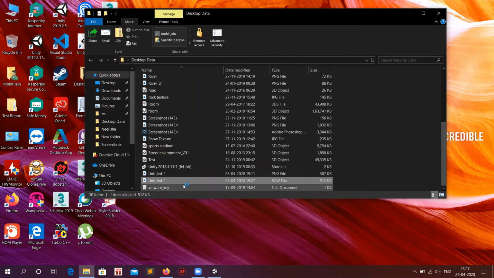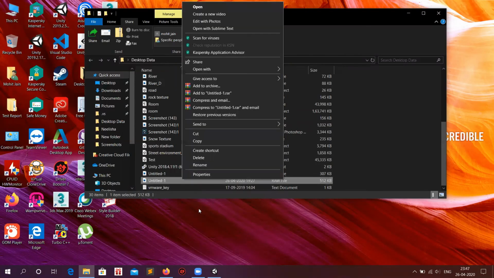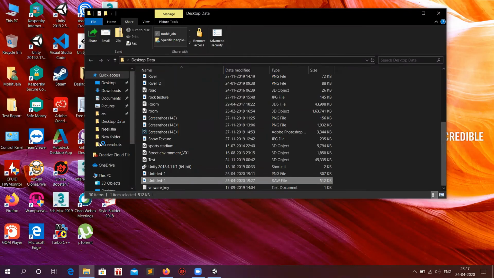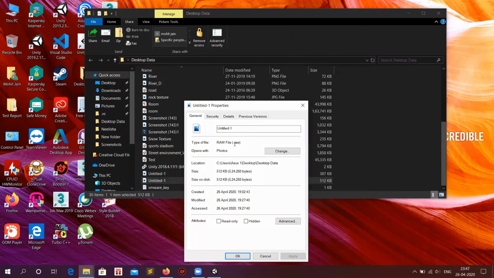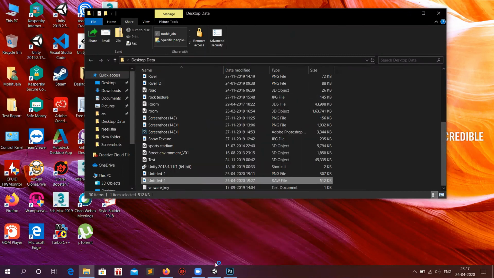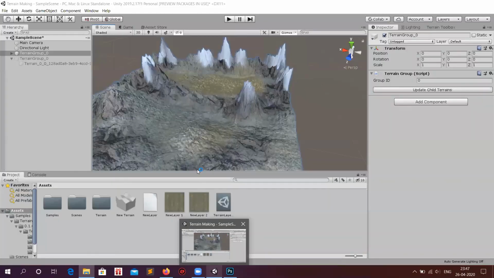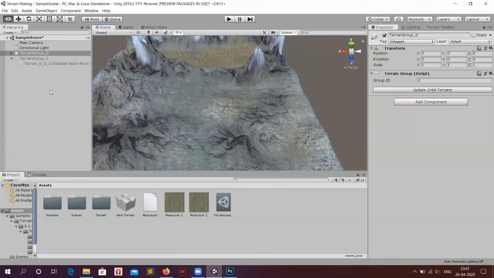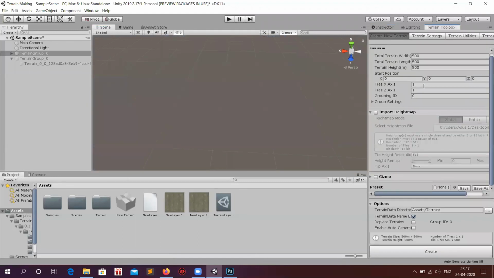This is the raw file that we will be using for our project. It has got the extension .raw. This must be the file that you will be using for your project if you want to create a terrain from the height maps.